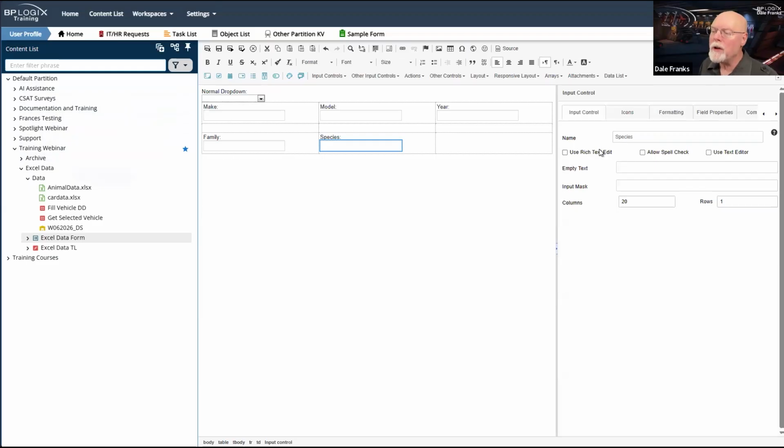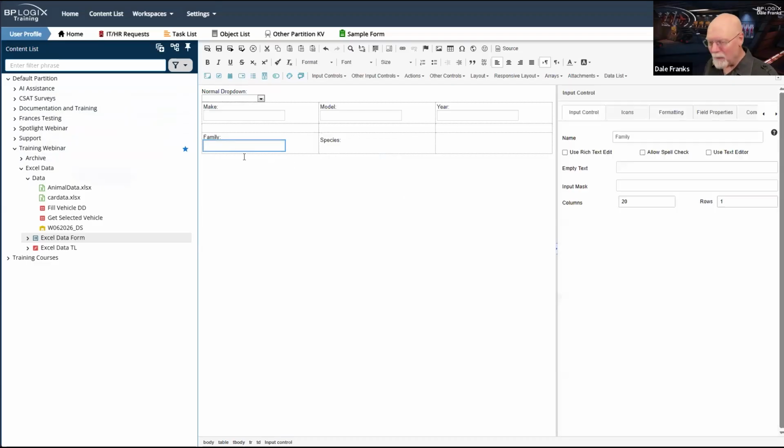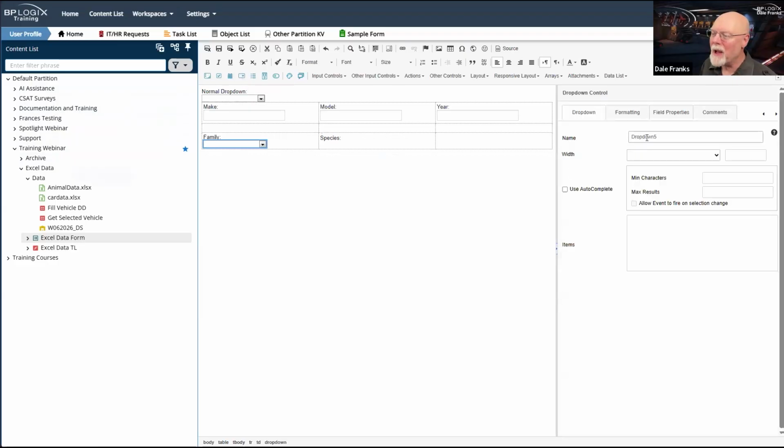So what we want to do is to make, and these are both text fields, which is not going to be very helpful. So once again, we'll go with a drop down, and we'll call it family.